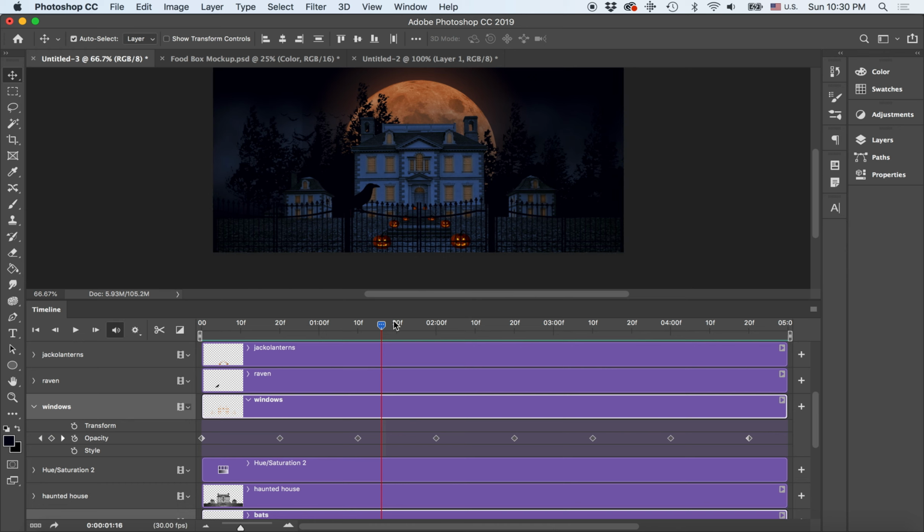The way I did this was I just spaced out my keyframes on my timeline. So before I had them really close to each other, like this. And so I decided to space them out like that, just to give a little bit more time between each movement. Okay, so now that I have my jack-o'-lanterns and windows and the fog animating,